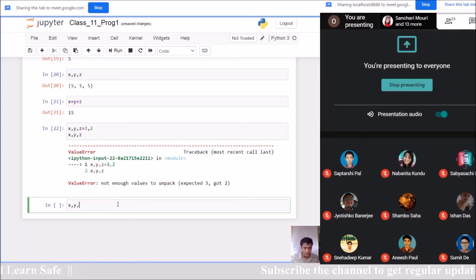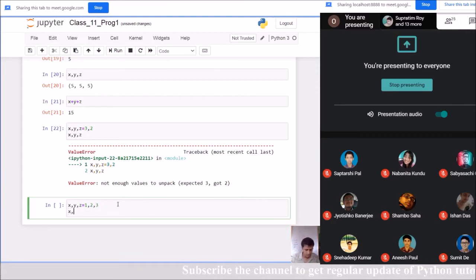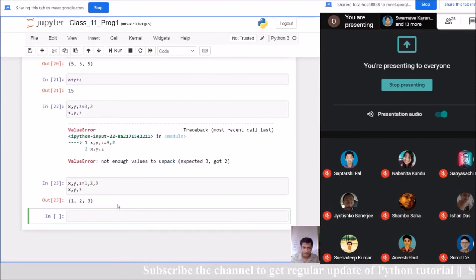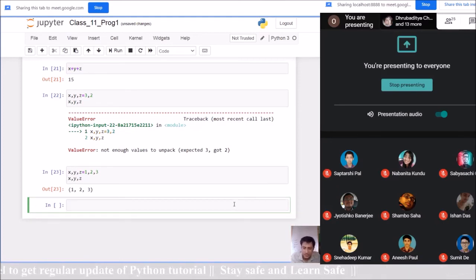So x, y, z equal to 1, 2, 3: x maps to 1, y maps to 2 and z maps to 3. Basically 1, 2, 3, three objects we are making and we are mapping the variables to those objects. So this concept is clear, right?